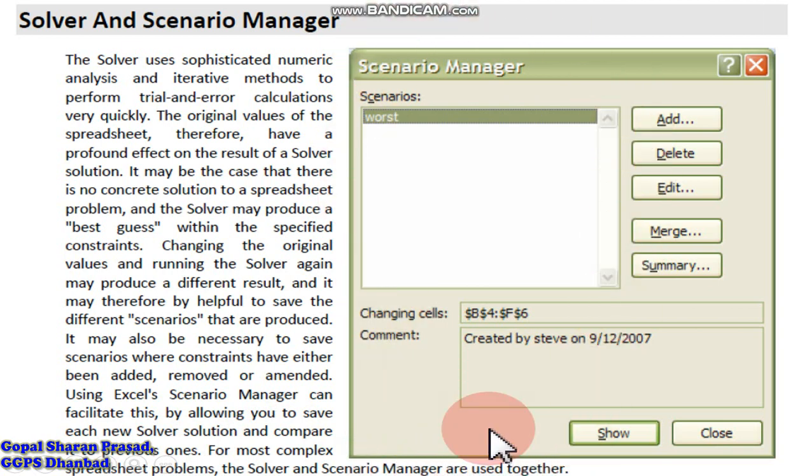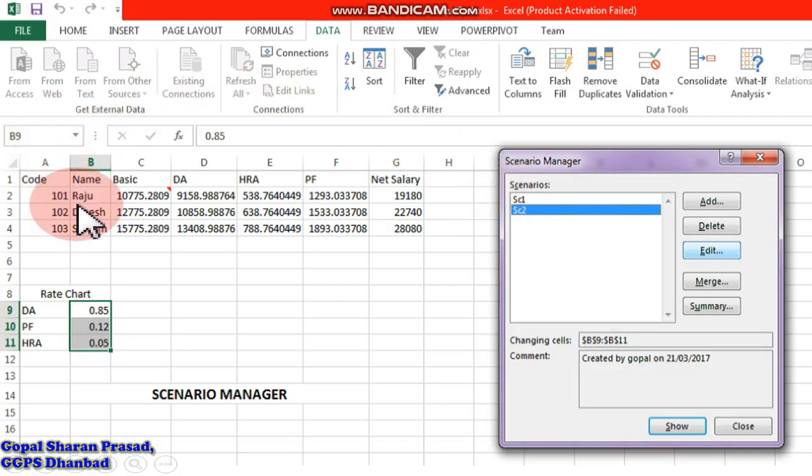So I would be using scenario manager, and for that I would be creating this kind of diagram. See this kind of data of employees there, their DA, dearness allowance, HRA, house rent allowance, PF, provident fund, and their rate chart are mentioned over there, to which we would be applying different scenarios. Now see it practically.